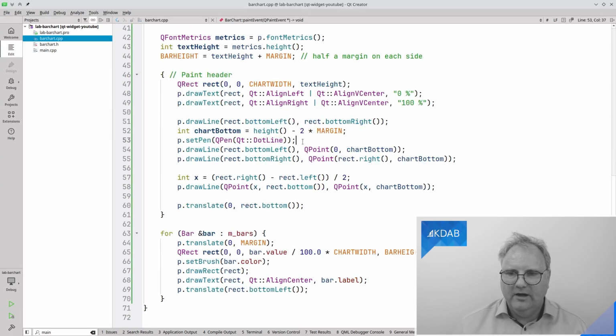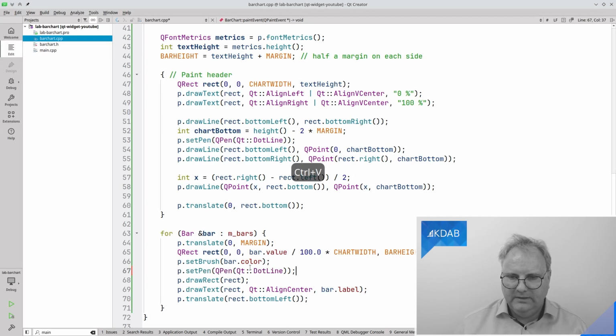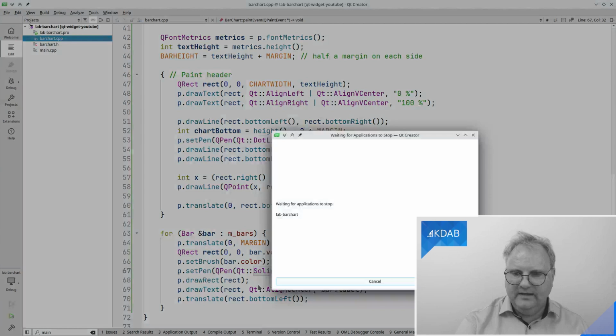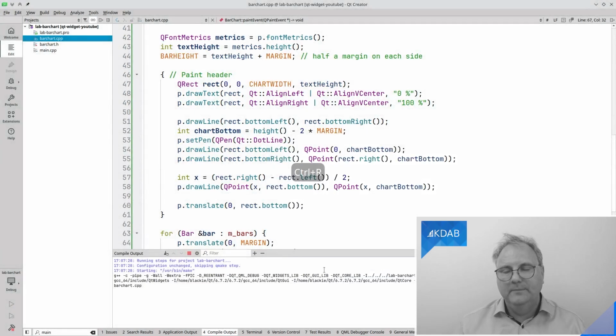So maybe up here right away I should have set it back, or maybe down here where I'm about to draw my rectangle, I simply should set the pen to be a Qt solid line. And let's compile again, and this time hopefully we'll see that the bars are working out just as I expected, with a solid line around them.